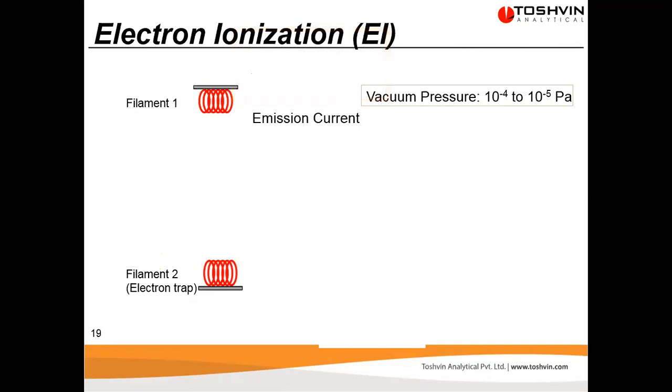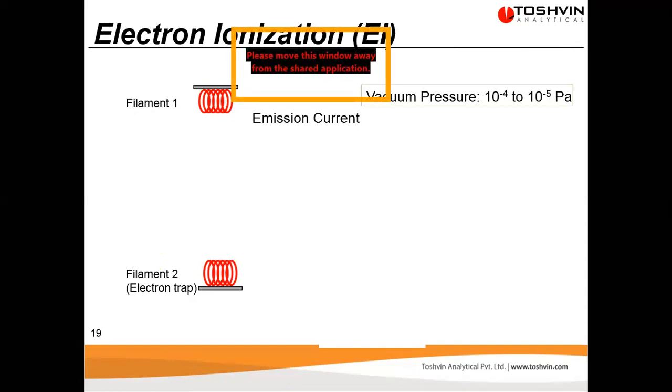If you know about LCMS, it uses electrospray ionization, ESI. It is a soft ionization technique. That's why in LCMS we are able to see the molecular ion peak. But when you're working on GCMS, most of the time you will see the fragments of your compound or molecule. So always remember, don't always search for your molecular ion peak. Sometimes you will see it, sometimes you won't. Most of the time you will see the fragments of it.